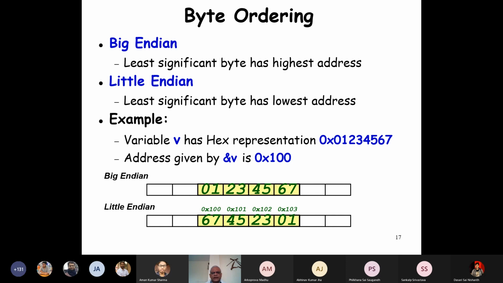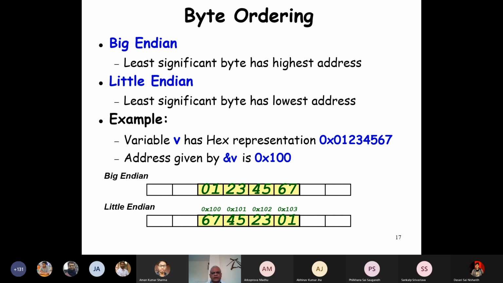In the little endian, the least significant byte is at the lowest address, and then they are laid out subsequently. And a word address is typically the lowest byte here in the address. So in the lowest byte, or the word address exactly, the least significant byte is stored for the little endian, and the most significant byte is stored in the big endian. I think that's how they call it, as little endian and big endian.